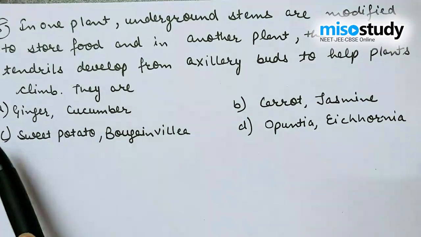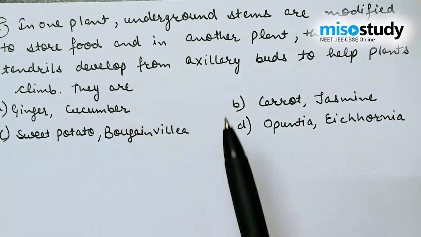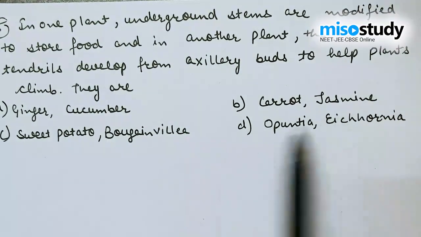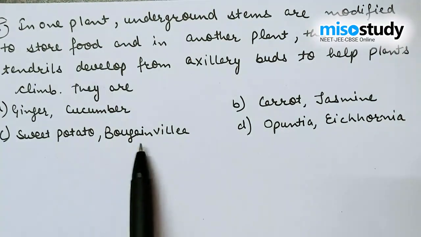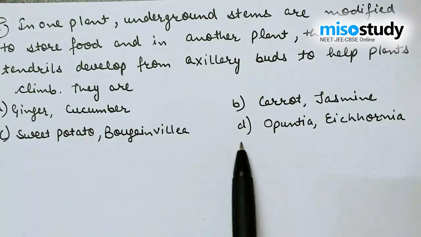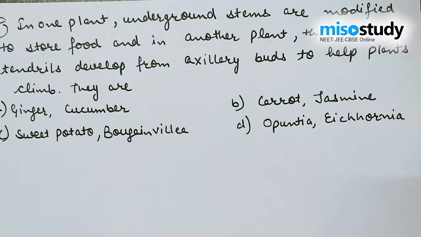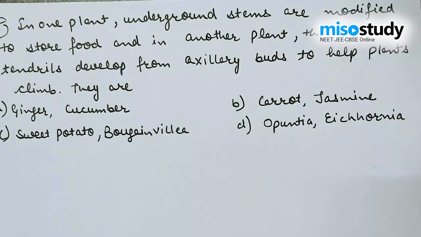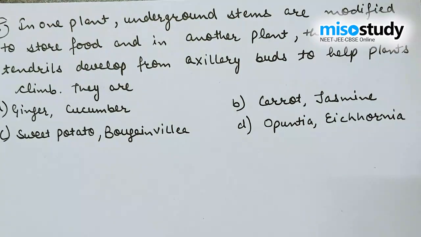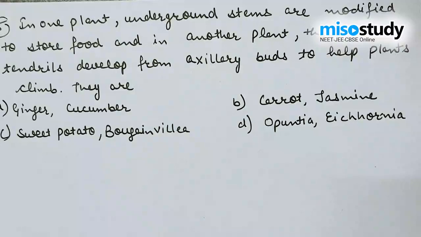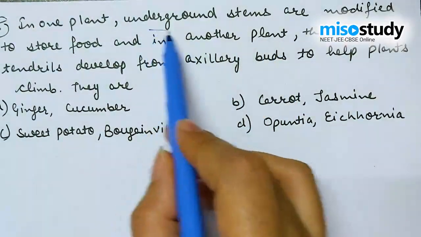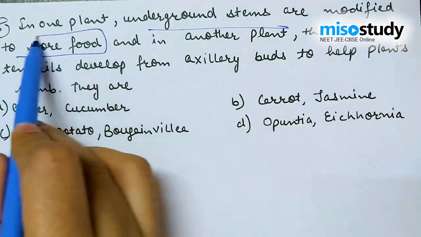The options are A, ginger and cucumber, B, carrot and jasmine, C, sweet potato and bougainvillea, and D is opuntia and iconia. When we discuss the various kinds of plants in which underground stems are modified to store food,